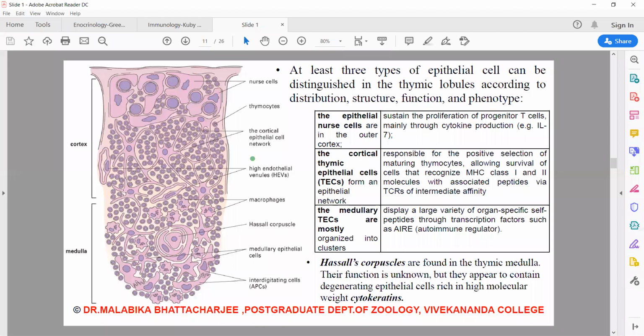These migrating lymphocytes are CD44 positive. That is, they have the CD44 receptor expression at that time. The moment they come into the thymus in this region, they migrate to the subcapsular region. The moment they migrate to the subcapsular region, they come in presence of the nurse cells, which start secreting interleukin-7. As a result of the presence of the cytokine interleukin-7, the CD44 receptor of the progenitor lymphocytes is down-regulated.